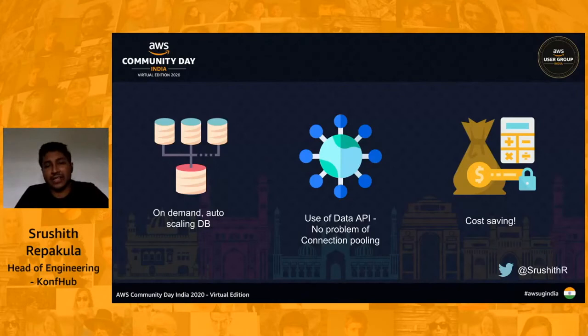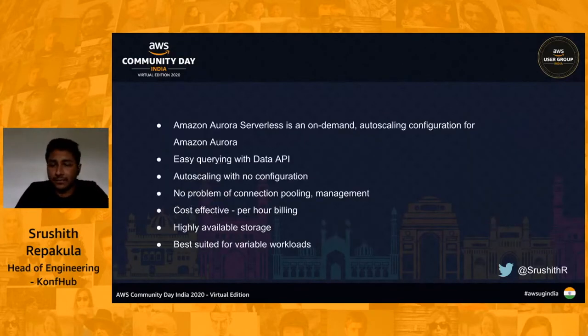Obviously, it's a serverless database after all, and of course it's cost effective because I don't have to necessarily touch upon this, right? Your database is scaling as your requests are coming in, as the load is increasing, and then it automatically comes down. So you're charged based on how many ACUs, we call them ACUs in Aurora Serverless, are being consumed at a given point in time. Instead of always having a really large instance, it is very much elastic. It constantly goes up and down based on the requests coming in.